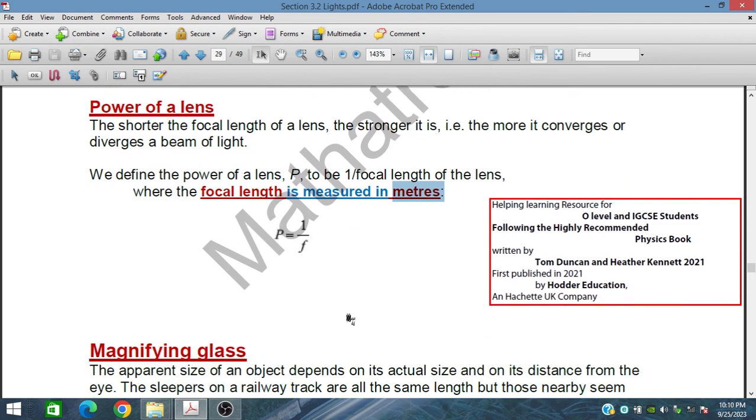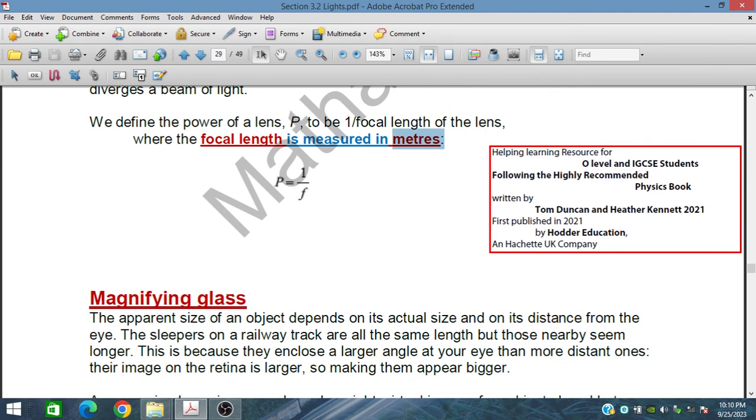In the next session, we will discuss the magnifying